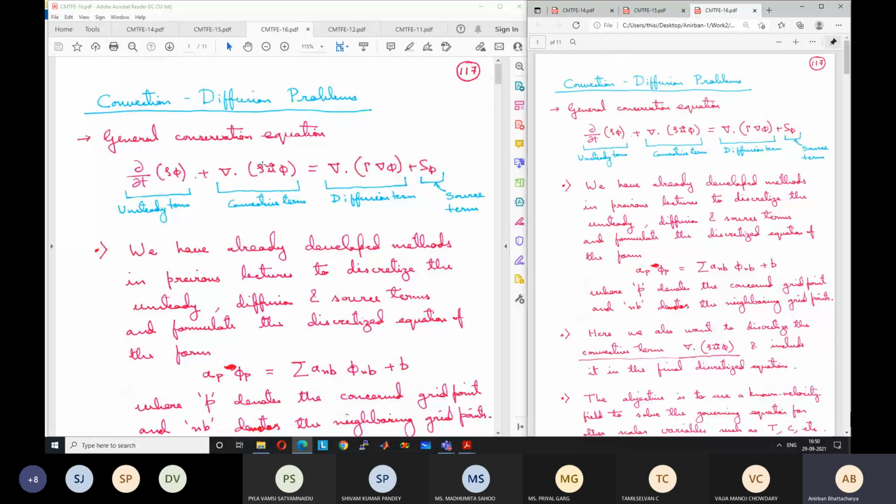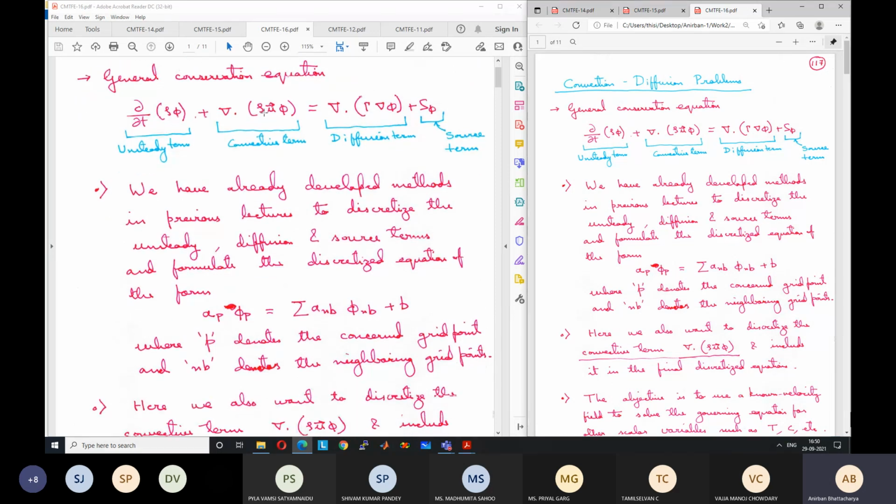But the point is that we can obtain the velocity values and use them for solving this equation. At this point, we are not bothered with how we have found the velocities. We'll just assume that velocity is already known to us. We might have solved for it using the Navier-Stokes equation, or it might have been already given to us, say the velocity profile is already given. For example, pipe flow: we already know the velocity profile in the fully developed region.